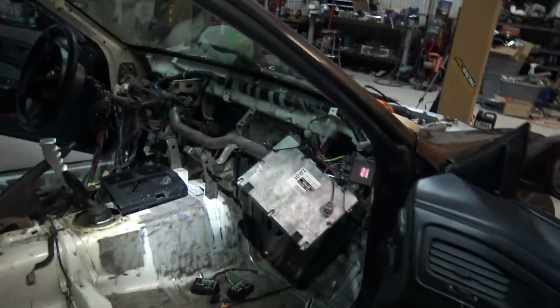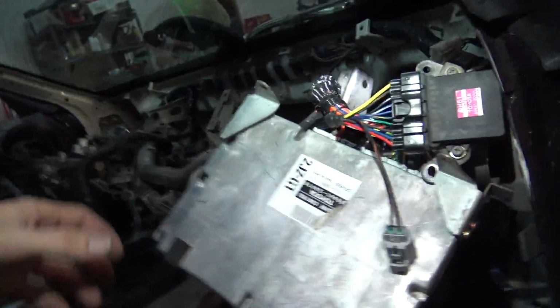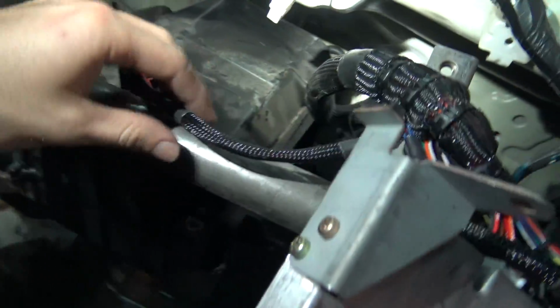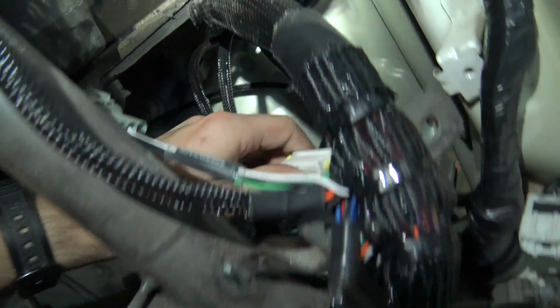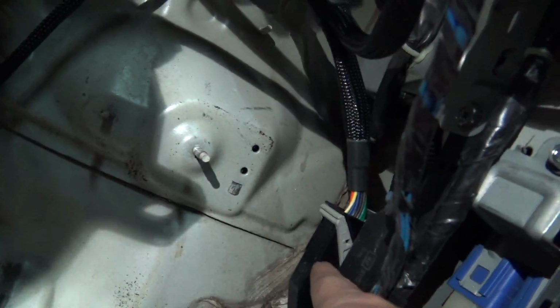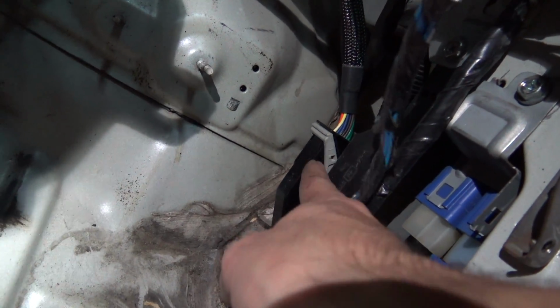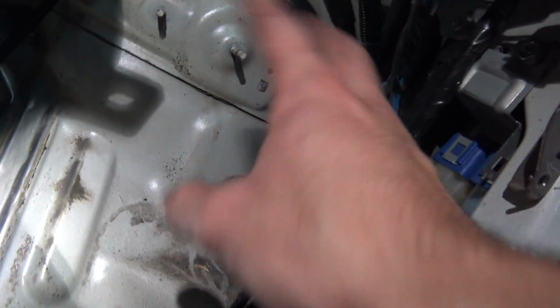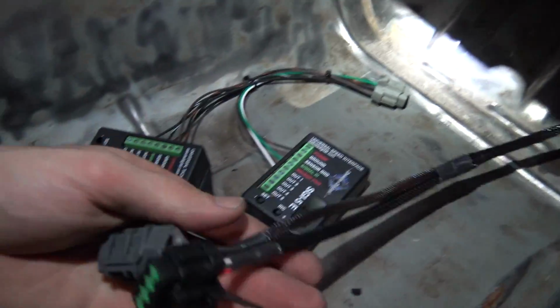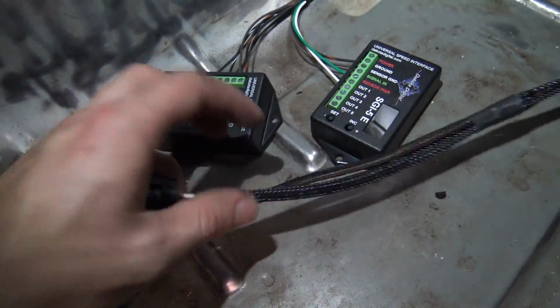The Wiring Specialties harness is like a factory integration harness. So you can see we have the ECU plugged in right here, the igniter, and then right here, that's this big plug. And off of that, it goes directly into the factory S14 deal. So this is where it'll get signals and stuff from the ignition switch. And then from that, it branches off into these two things, but for the most part, this is the only thing that connects to the actual fuse box. And that just goes into these,